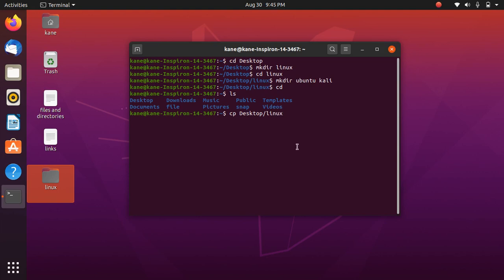I want to copy the contents of the linux folder inside the file. So just mention your file, and here you have to use option R. Option R is used to copy folders. So if you want to copy one folder's data into another, then you have to use option R. Just press enter. We do not have any error.